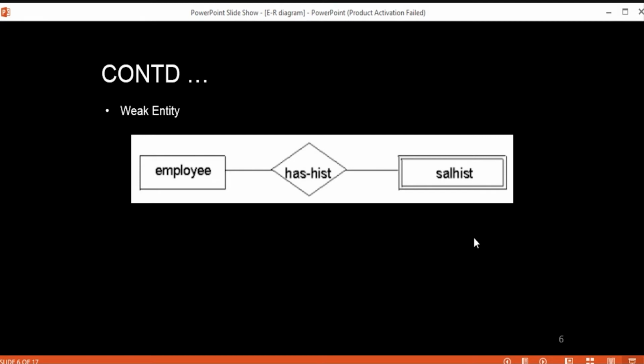So weak entities are nothing but entities only, but the difference is that weak entities only exist because some other entity exists.